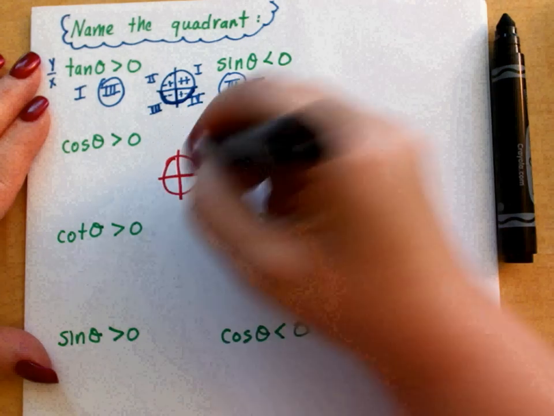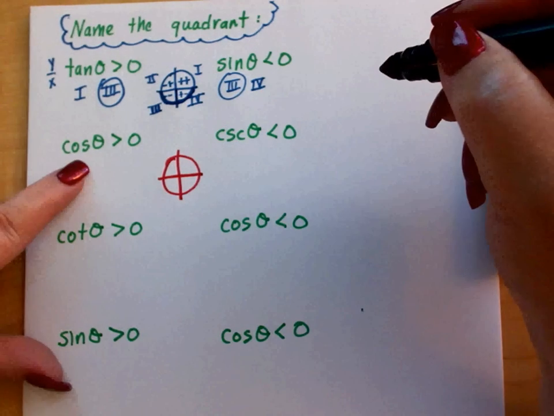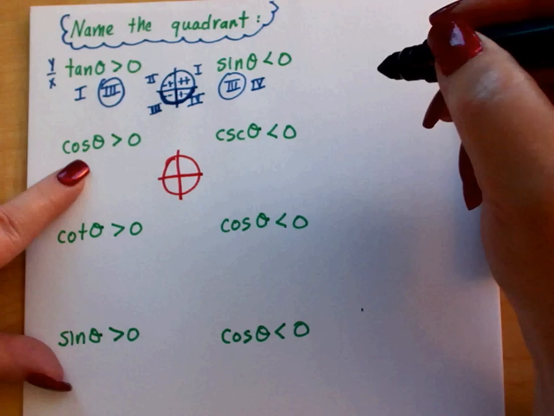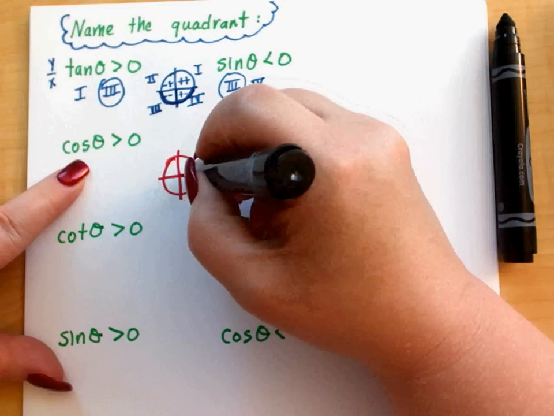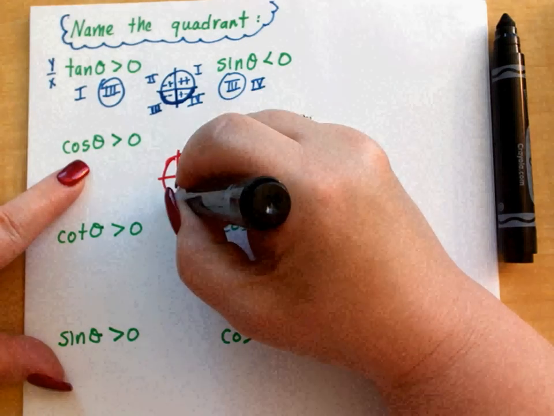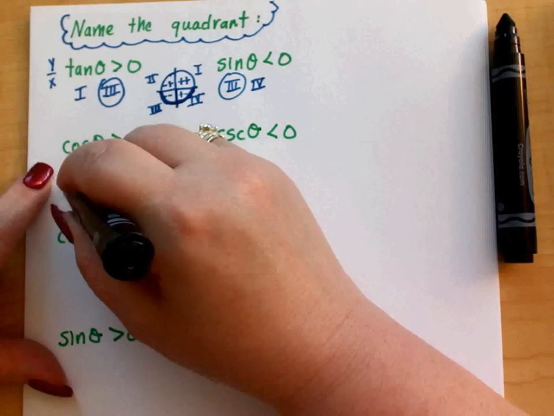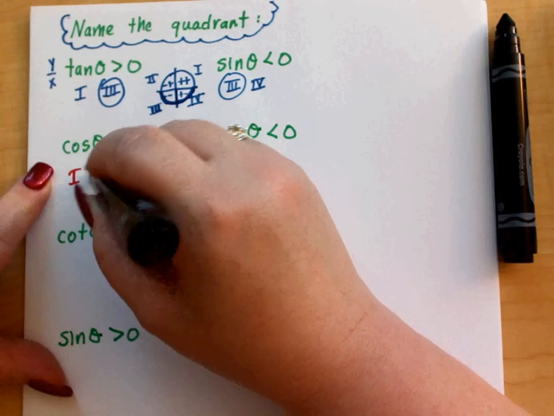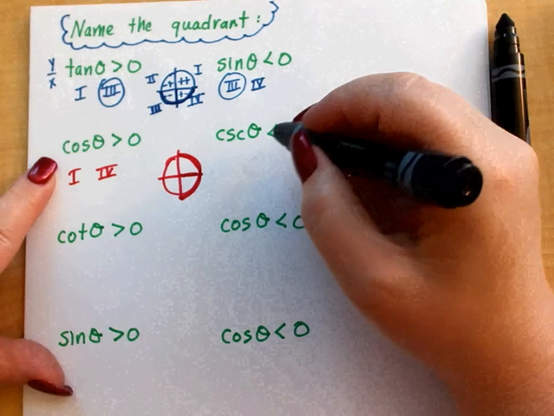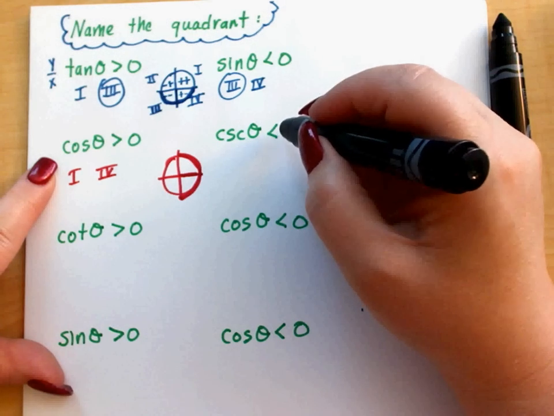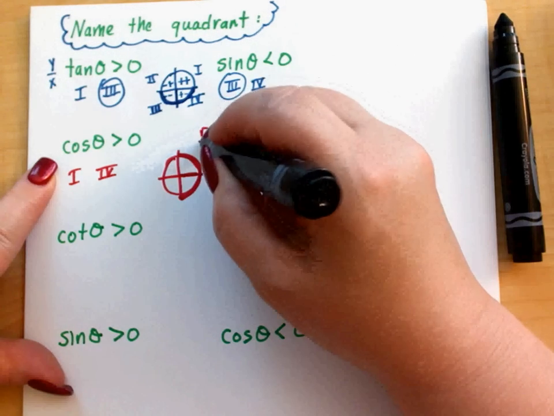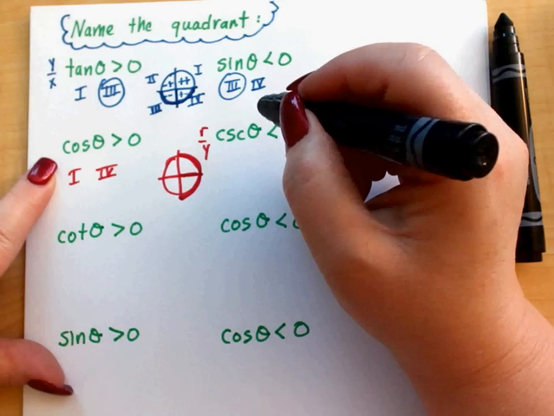Once again, you have your circle. It says, which quadrant is cosine of theta greater than 0? Cosine is x. X's are positive in the right hemisphere, so that would be quadrants 1 and 4. And then it says cosecant of theta less than 0. Remember, cosecant is r over y, so it's going to be